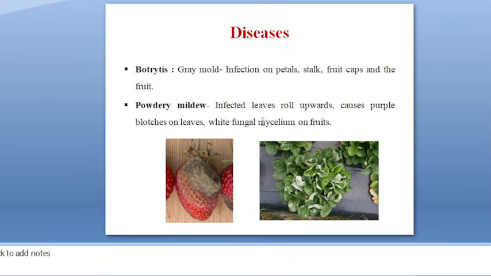So in this entire crop, you should know what the fruit type in case of strawberry is. That is aggregate fruit type. And what are the commercial propagation methods we can use? Runners as a commercial propagation method. And you should know this is the only fruit crop we can cultivate commercially in protected condition. And other things include how we can plant the strawberries, and what are the criteria for selecting a particular system of planting, that you should know.